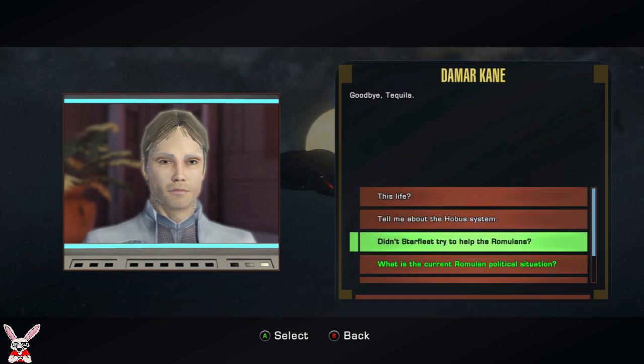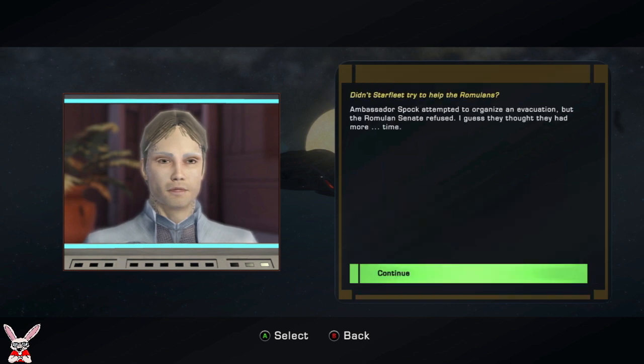Didn't Starfleet try to help? Ambassador Spock attempted to organize an evacuation, but the Romulan Senate refused. I guess they thought they had more...